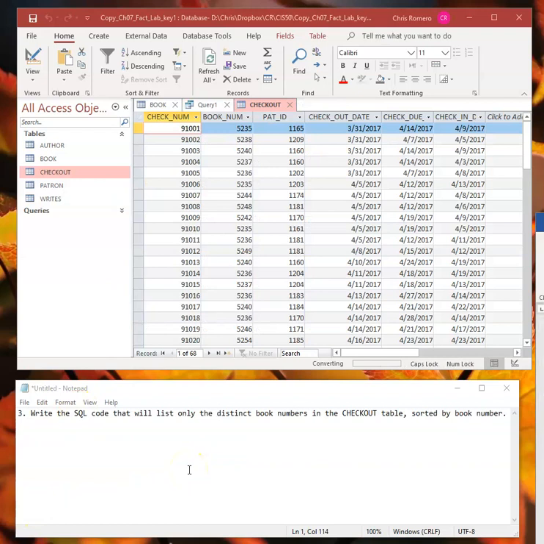Exercise 3. Suppose we want to see a list of books that have been checked out. In our fact database, we have a checkout table that keeps track of all the books that have been checked out, checked back in. And if we want to see a list of those books that have been checked out, it might give us a sense of which books are really popular, which ones aren't very popular, that kind of an idea. So if we take a look at our checkout table here, we'll see that we've got a primary key with a number